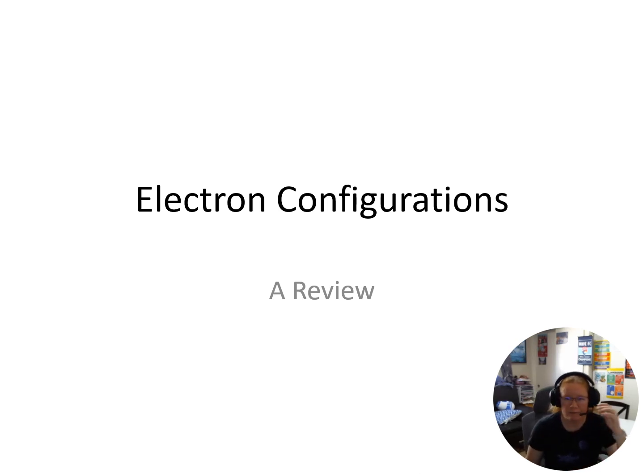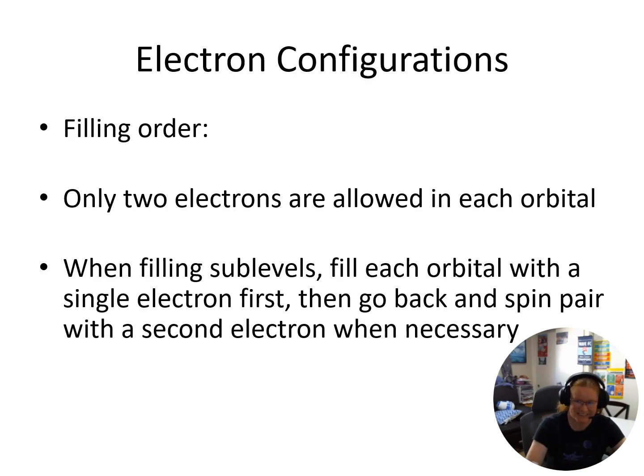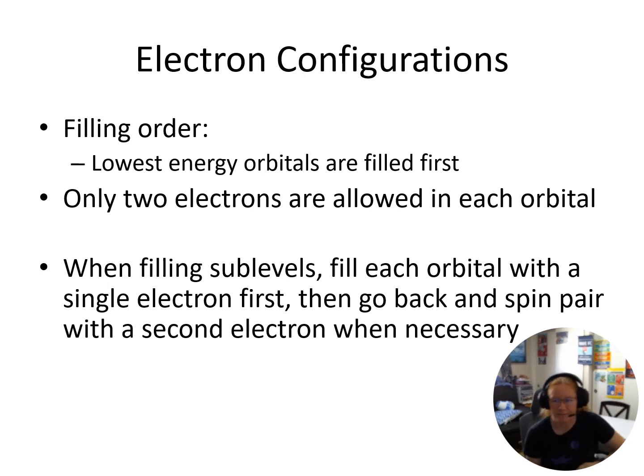Let's go ahead and review electron configurations and then apply what we've learned about quantum numbers to electron configurations. This should hopefully be a review from Prep Chem. There is a filling order. We fill the lowest energy orbitals first and then continue to higher energy orbitals. We start with the lowest, which is our 1s, and then we move to 2s, and then 2p, and then 3s, and then 3p, and then 4s, and then